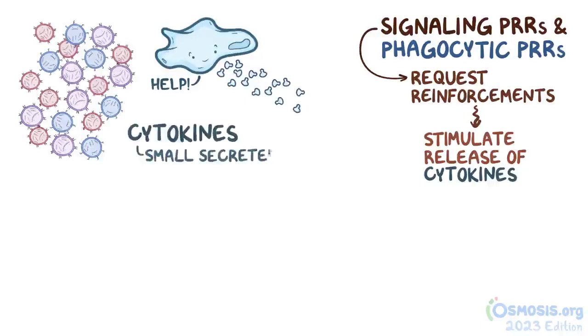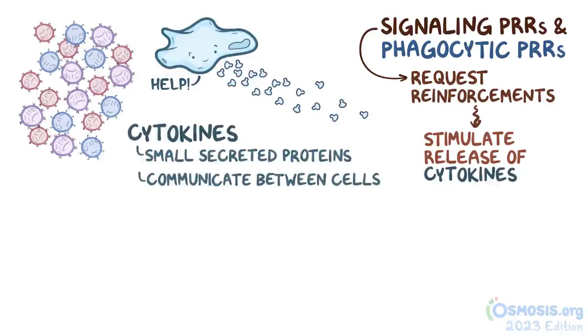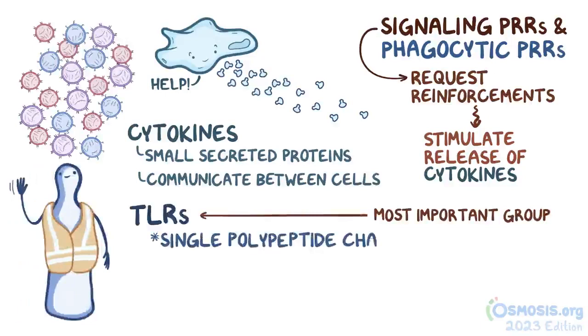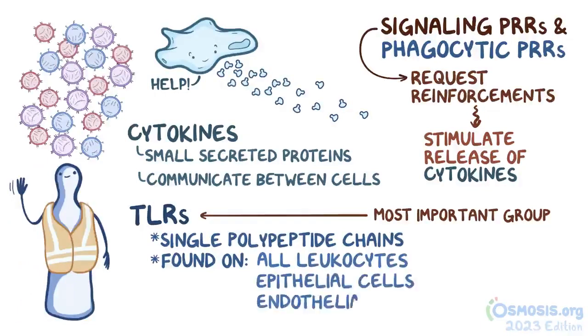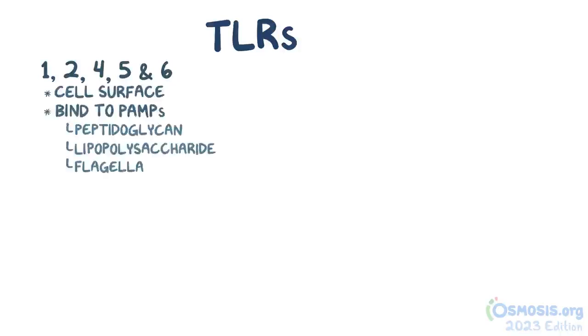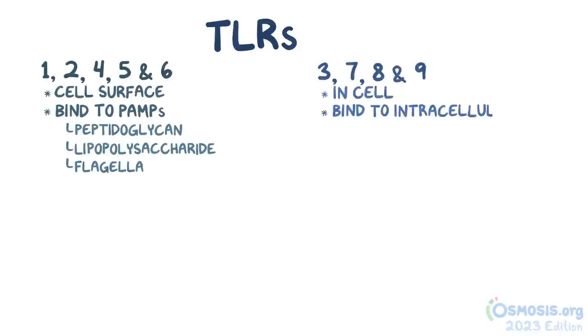Cytokines are small secreted proteins that cells use to communicate with each other. The most important group of signaling PRRs are the toll-like receptors, called TLRs. TLRs are found on all leukocytes, as well as on epithelial and endothelial cells. TLRs 1, 2, 4, 5, and 6 are located on the cell surface, and they bind to PAMPs like peptidoglycan, lipopolysaccharide, and flagella. TLRs 3, 7, 8, and 9 are found within the cell, and they bind to intracellular PAMPs,